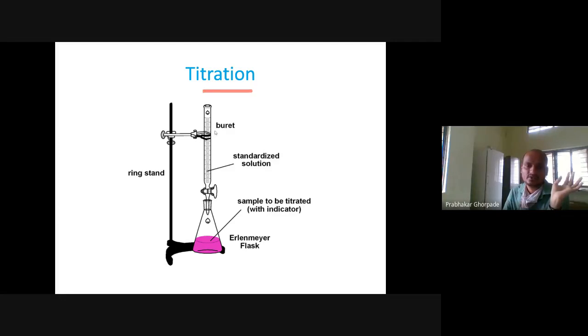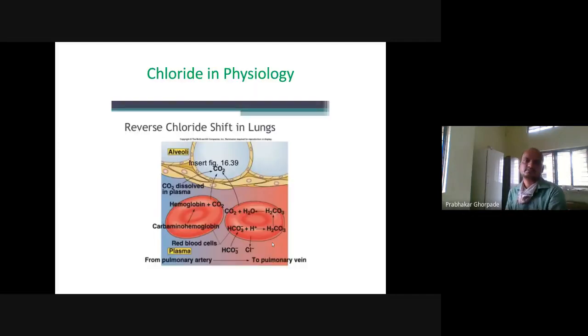So the burette is there. We are taking mercuric nitrate here. This is the sample to be titrated, for example serum. We are adding some indicator also, and now we are treating this mercuric nitrate with this serum sample in which we suspect chloride is there. The color won't develop until the chloride in the sample is over. Now mercuric nitrate can combine with the indicator, and it can give the violet color. That is a titration test.